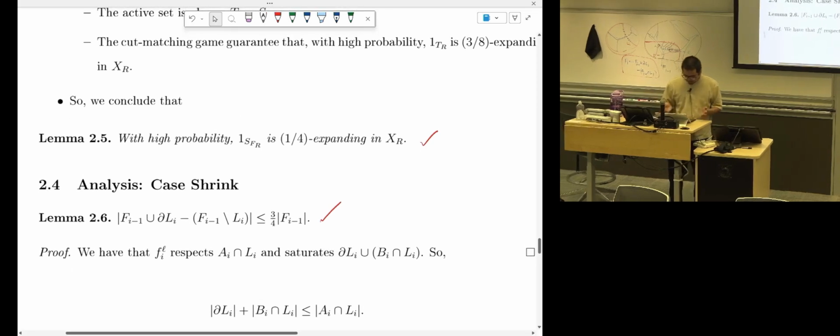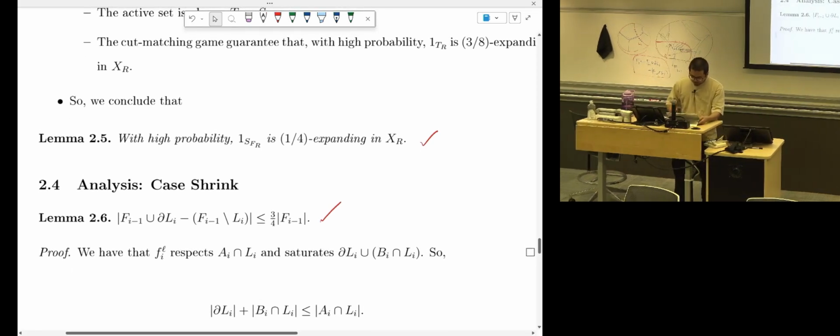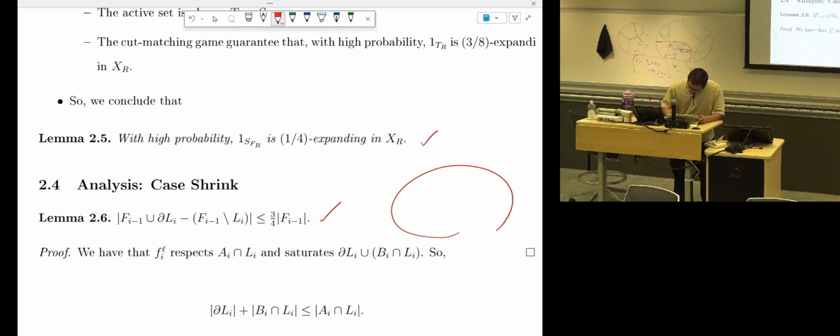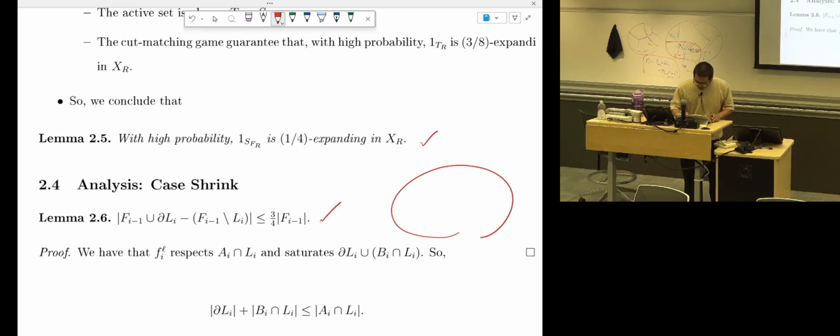What do we know? If you look at the flow, let's say this is L, and we look at the flow on the left, then